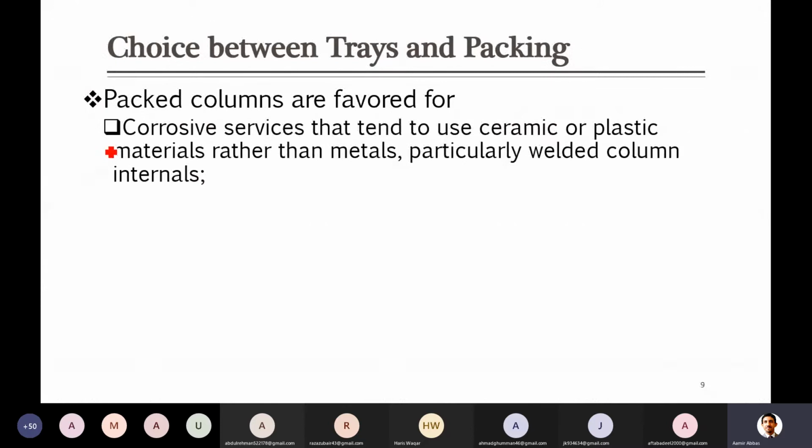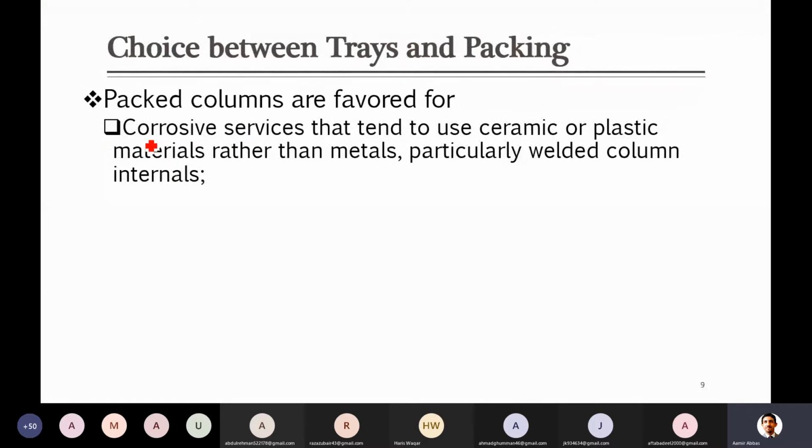So when there are corrosive surfaces, where the liquid or the gas you are bringing is corrosive and causes corrosion, in that case you go for a material which is corrosion resistant, such as ceramic as well as plastic, rather than metals. You know that metal can easily get corroded, as compared to that, ceramic and plastic are better, they have a better tendency of not being corroded. So they will be used in those cases when it is corrosive.